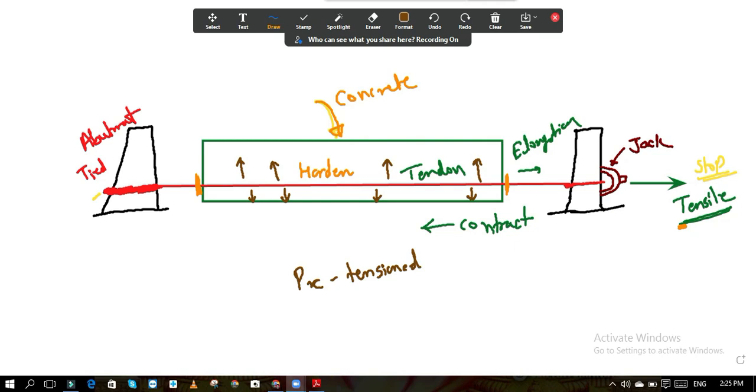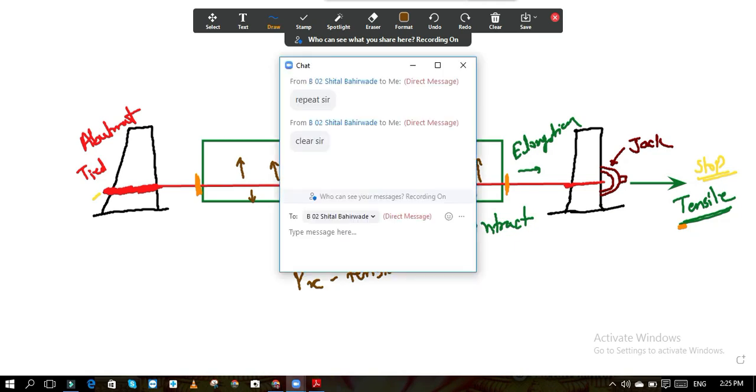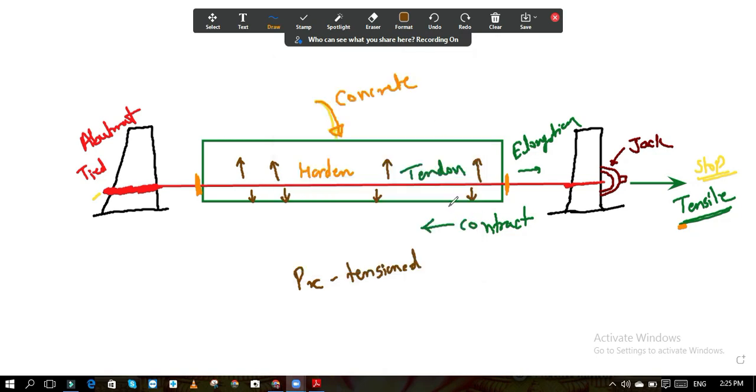Are you getting the concept now, what I am trying to say? Okay, clear. So remember this point. Once we cut down, then the contraction of the steel starts. While the steel is contracting, compressive stresses will develop in the steel, and these compressive stresses get transferred to the concrete. This action is called the pre-stress.